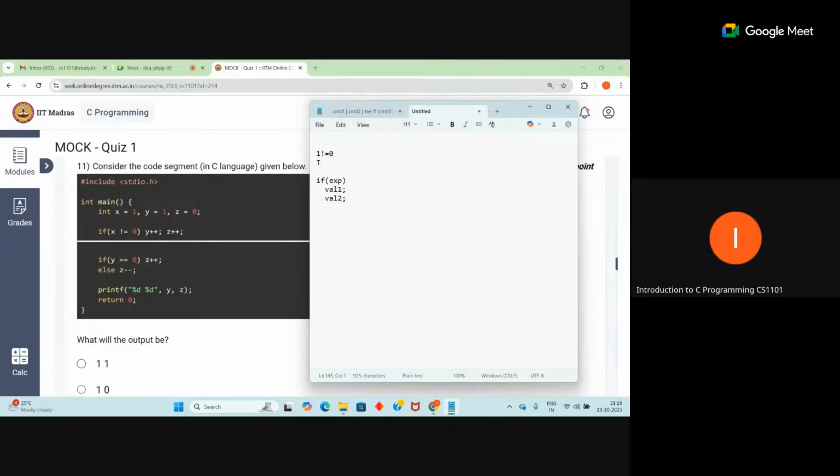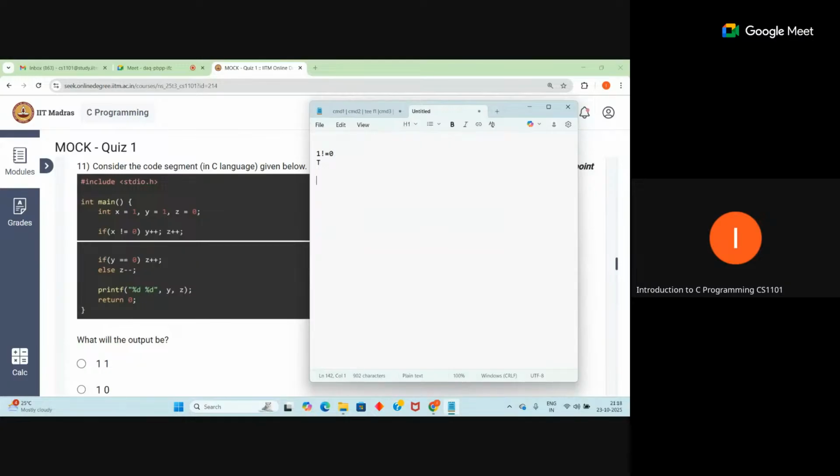When there is a single statement to be executed when the given condition is true, then you need not put it in the curly bracket. Otherwise, if you want to execute all of those, you need to put them in the curly bracket. So you have to write it as a simple statement or a compound statement. Okay. So here, let us check